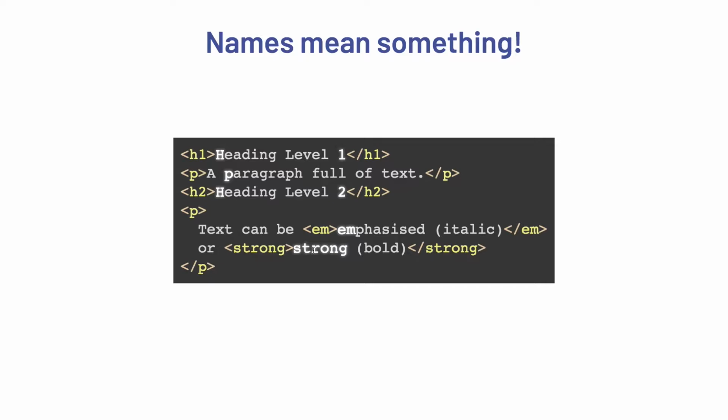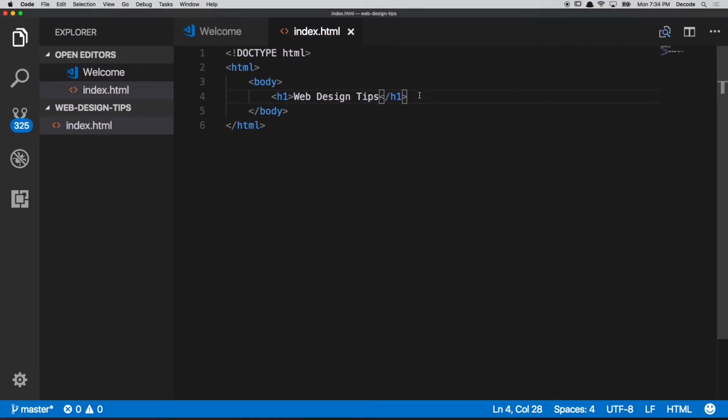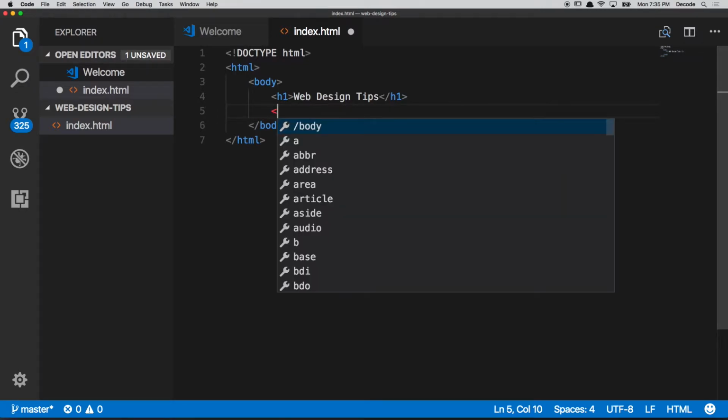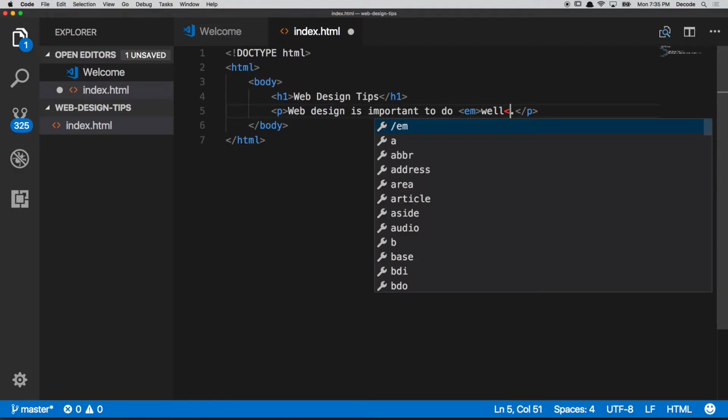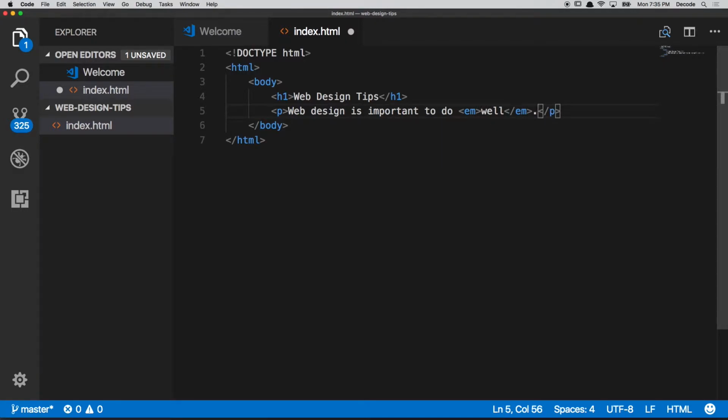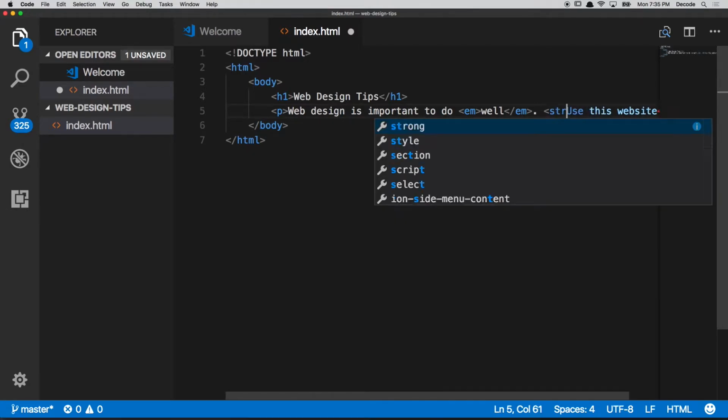So let's try and put some of this to use and write out some content. So I'm going to write a paragraph, and I'm going to say, web design is important to do well. And maybe I'll emphasize this well right here. So I'm going to wrap it in EM tags. And I'm going to say, use this website. And maybe I'll